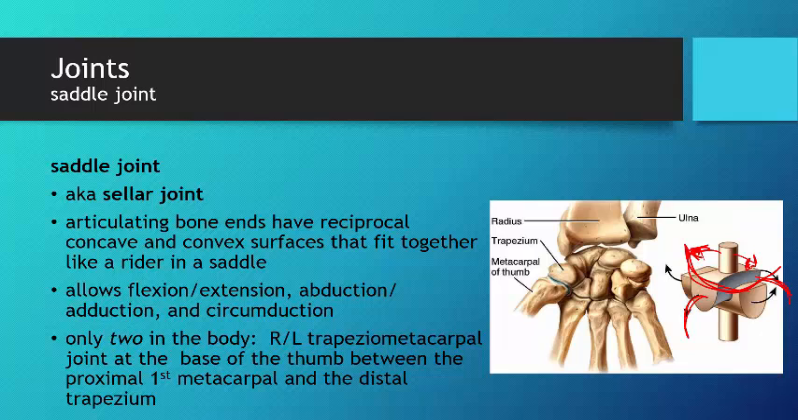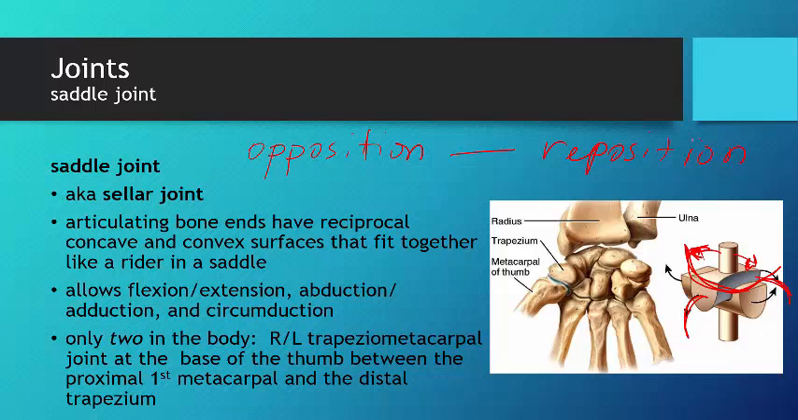It allows motions, and this is a motion that I forgot to show you in the video that I made of all the joint movements and their names. So let me just give it to you right here. There is opposition and reposition. Those are the opposite movements, the two primary joint movements of this saddle joint that we find at the base of the